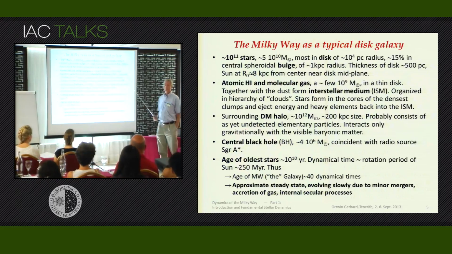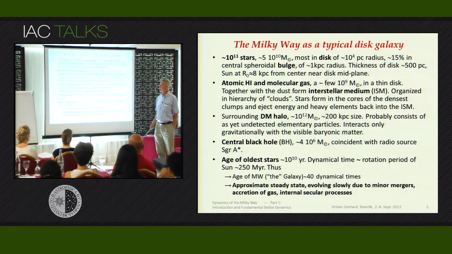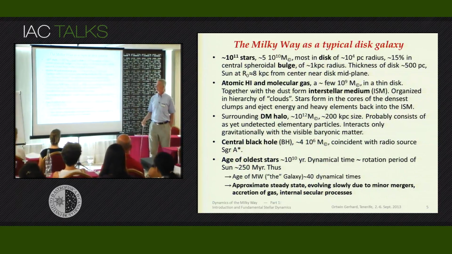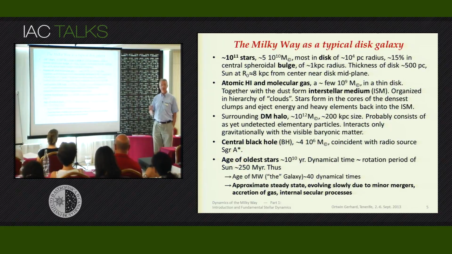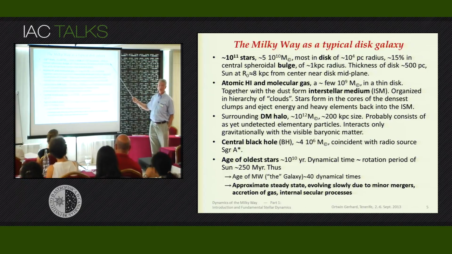So the Milky Way consists of roughly 10^11 stars. Total mass in stars is about 5×10^10 solar masses. Most of these are in the disk, perhaps 15% in the central bulge, the boxy bulge. And that has a radius of roughly a kiloparsec or so, maybe a little more. Then the double thickness of the disk is about 500 parsecs. So you can see, compared to the solar radius from the galactic center, about 8 kiloparsecs, that's a rather small number. And so the sun just happens to be